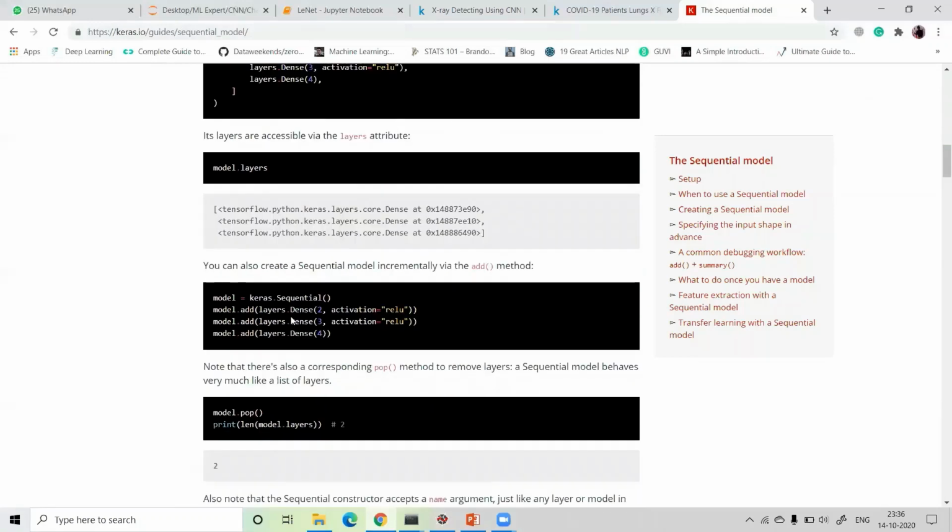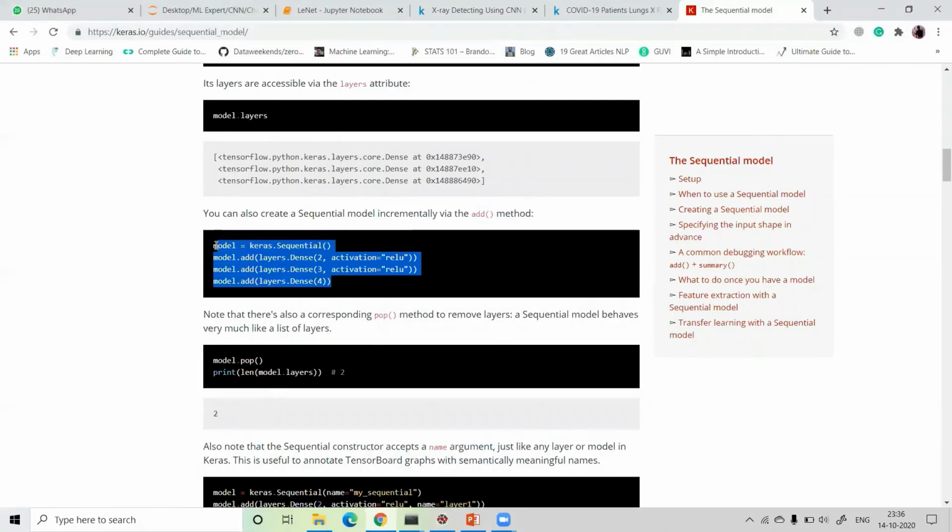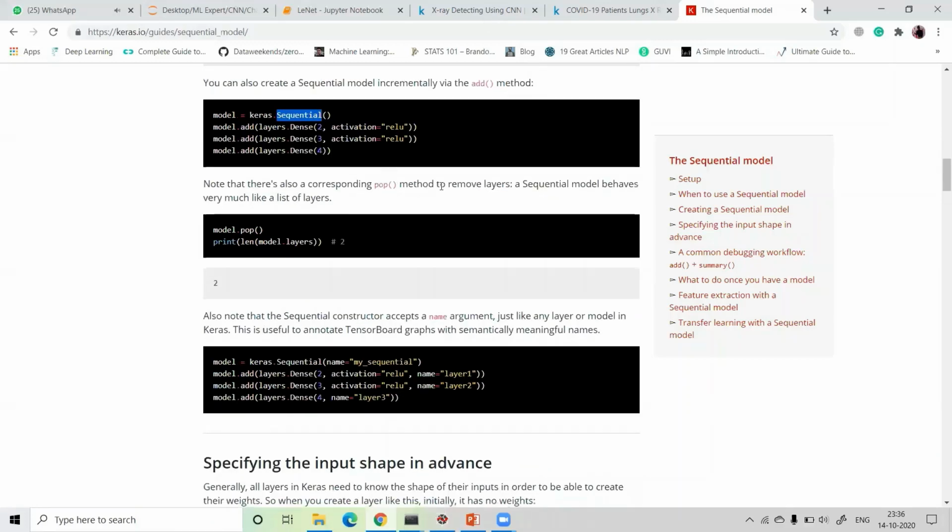And I use this method, guys. Mainly I use this method because there are many methods you can use to create your training model. Okay, so it's totally up to you which model and which method you use. Okay, so I use this method. You can use another method, it's totally fine. Okay, so let me show you the next step.